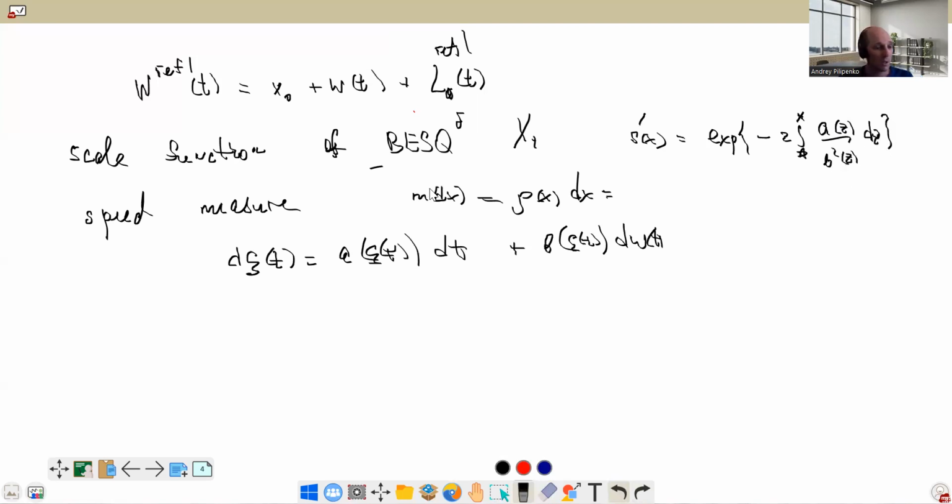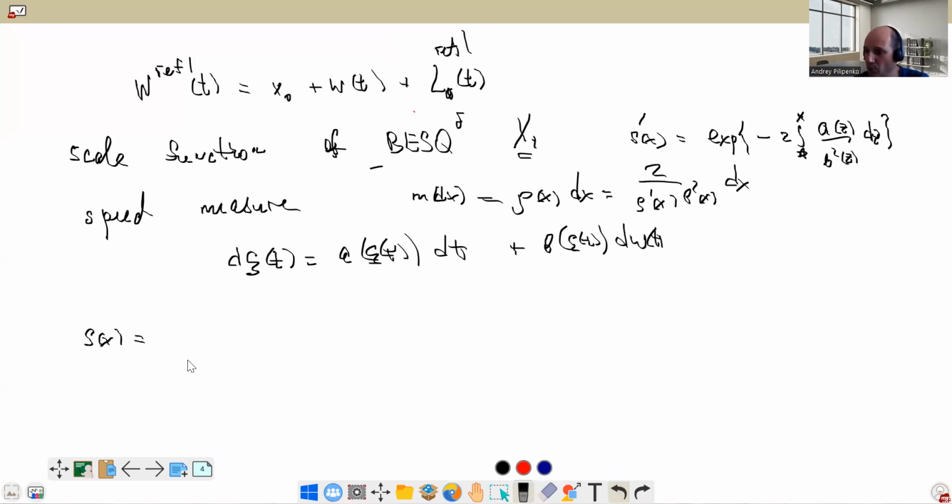And the speed measure is the following: 2 over s prime of x times b squared of x dx. So if we do formal calculation for process x of t, then we will see that s of x is